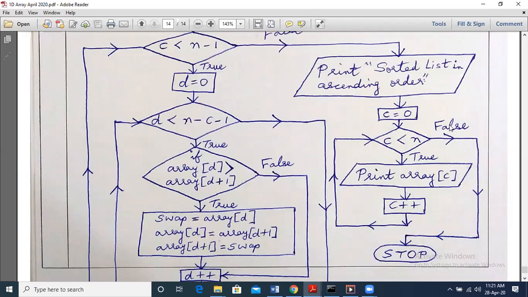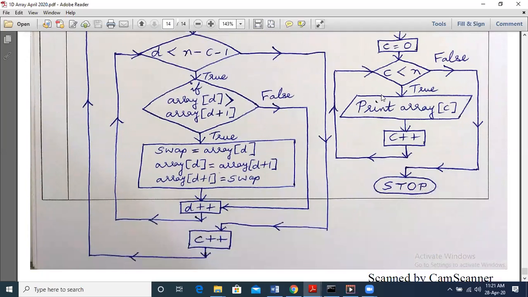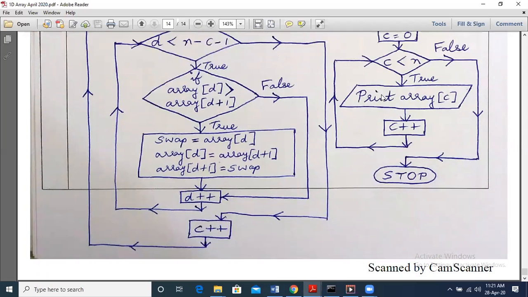So this is the flow chart for bubble sort, the same program which we discussed yesterday. I hope this bubble sort is clear, right? You can trace with different examples, and then it will be easier to understand the concepts. I would like to know if there are any doubts. Is this concept clear? We discussed bubble sort in the previous class. Yes. So please take different examples and trace it similarly.